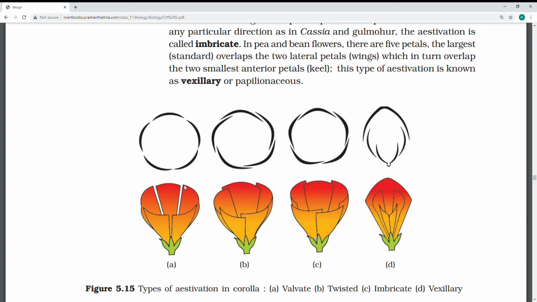In floral formula, after this lesson, I will tell you the floral formula. There you will write whether it is a valvate aestivation or twisted aestivation. So the twisted aestivation is, see this twisted aestivation, which is one by one. One tip is inside, one tip is outside. All are in the same order. If you see these also, the margin of a sepal or petal overlaps with that of the next one and so on. Overlapping may be clockwise or anti-clockwise.